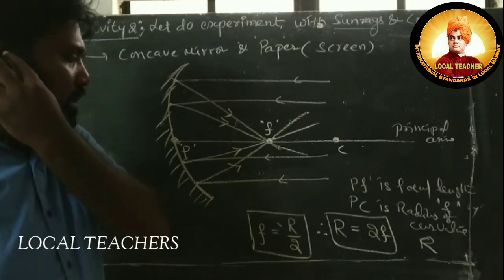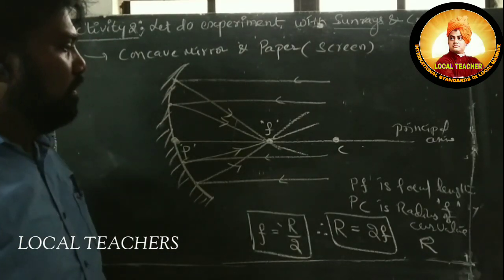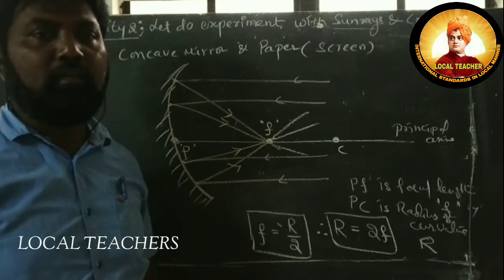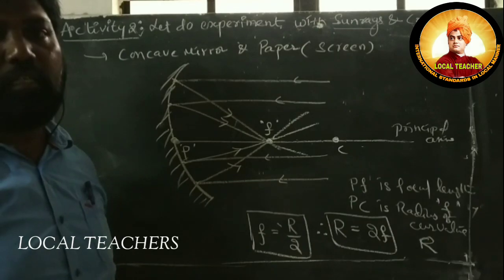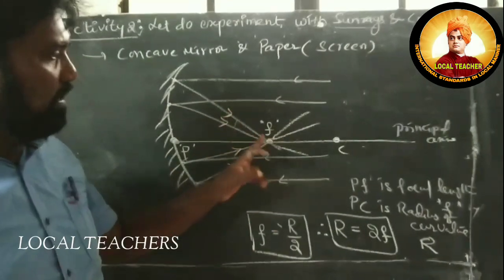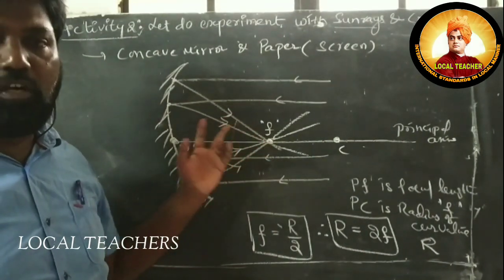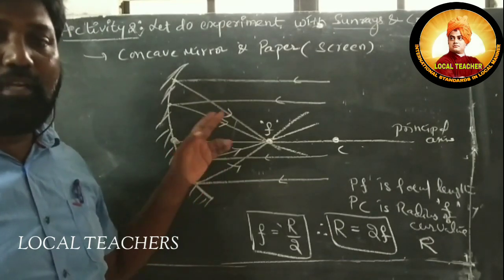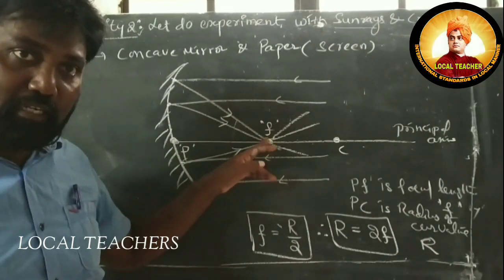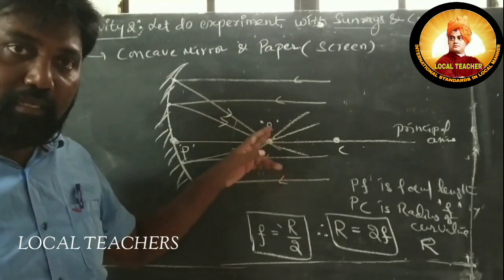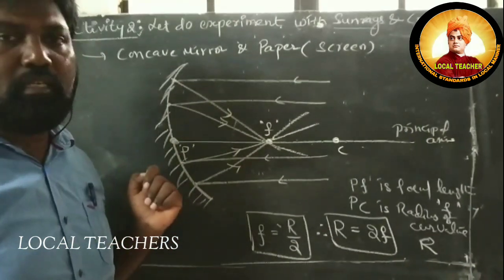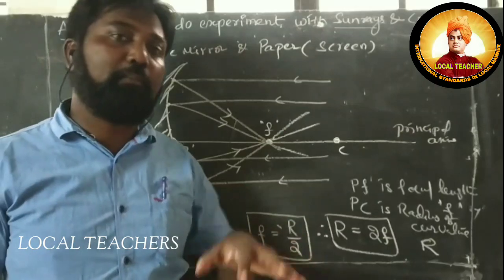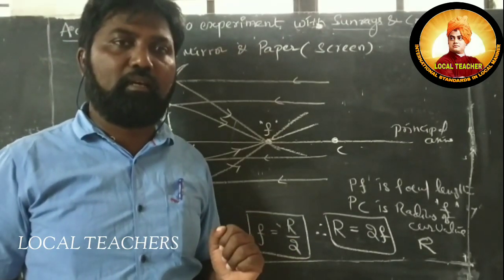Okay. So this is the phenomenon this activity 2 includes. So we got here the focus point. So we got the distance, and by experiment we got here the smallest and brightest point, which is the image of the sun. Okay. For suppose this phenomenon is applied to the convex mirror.